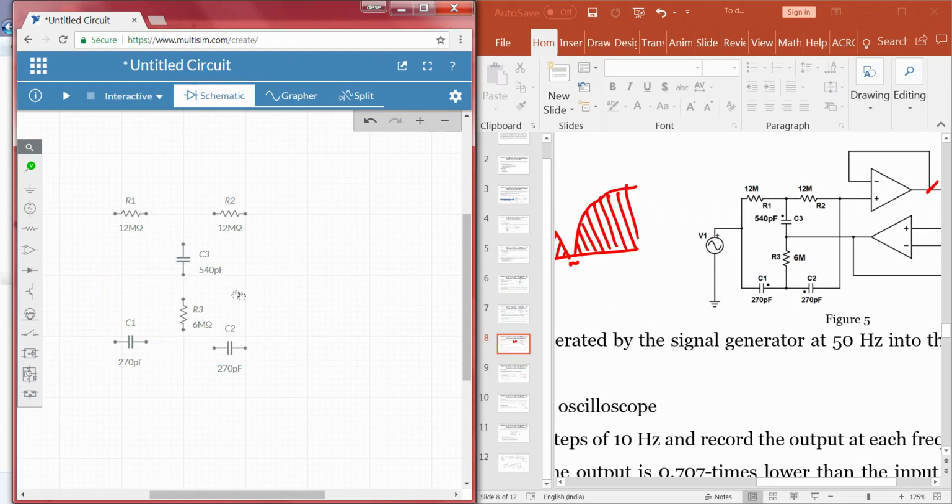So, whatever required resistors and capacitors, we have arranged them here, and the only thing left is the connections. The passive element connections we will do now, then we will go with the active elements required.